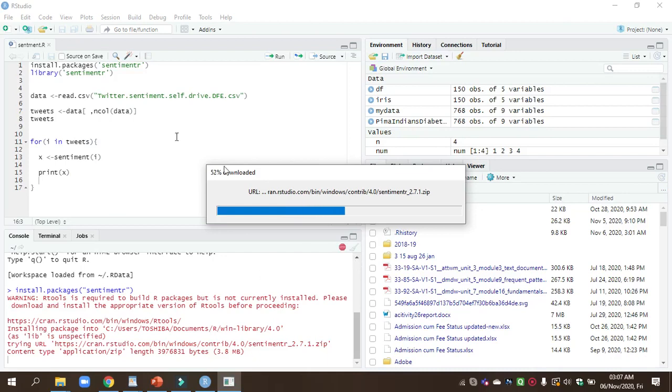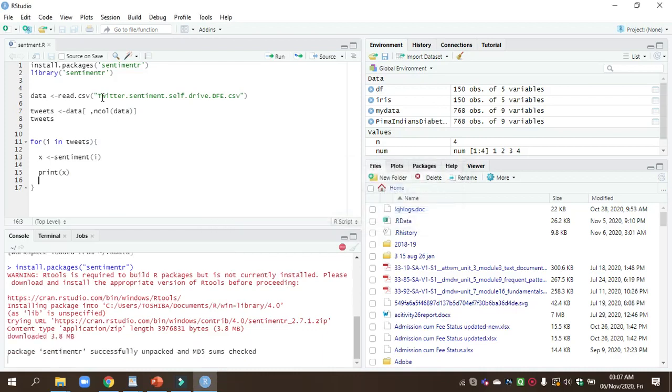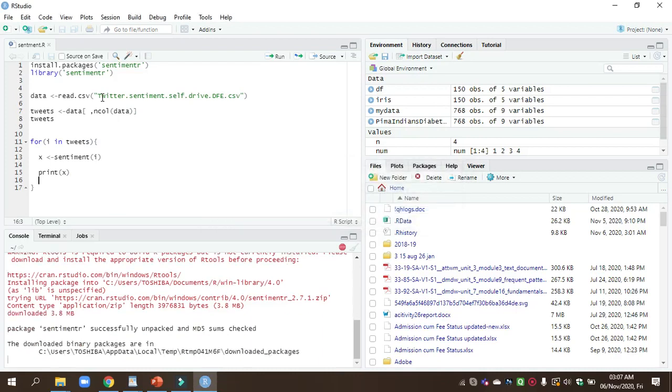Here the execution of the code is going on and our text part is finished, and we are installing the sentiment library packages. It takes a little bit of time to install those packages.